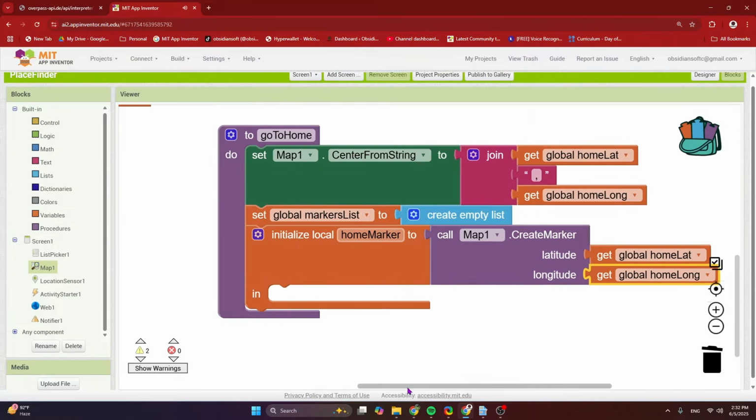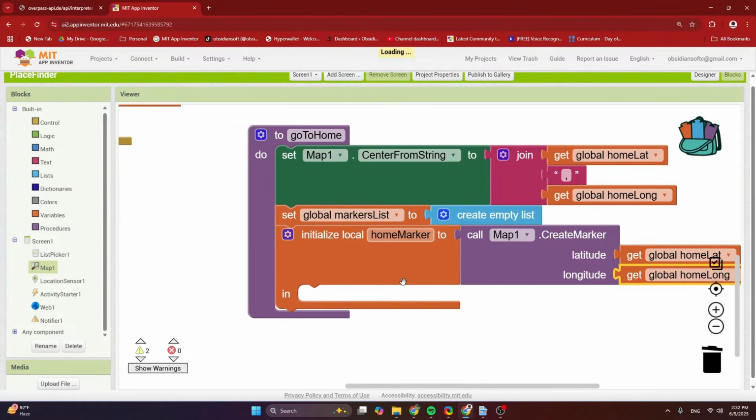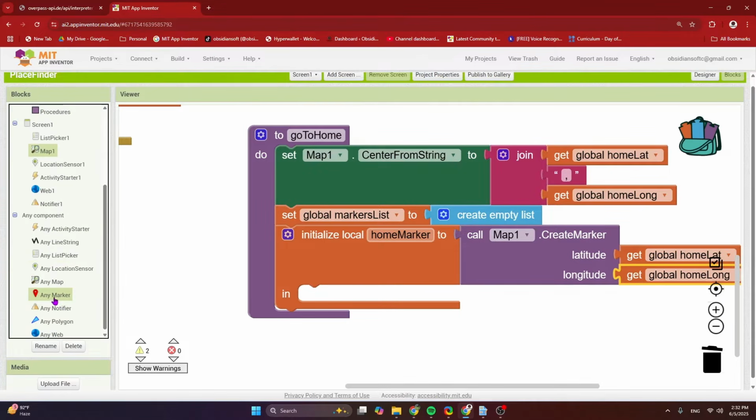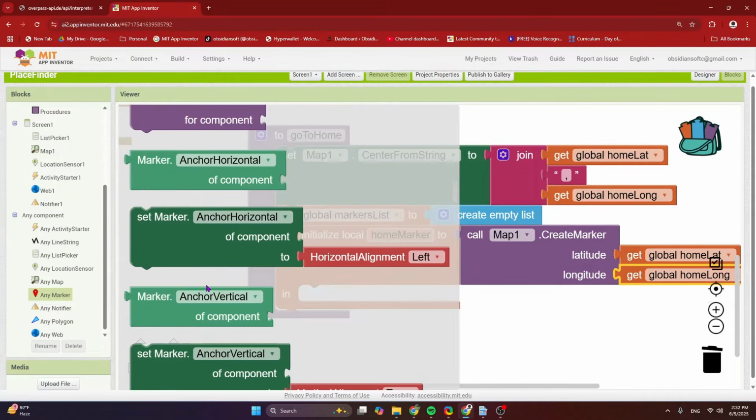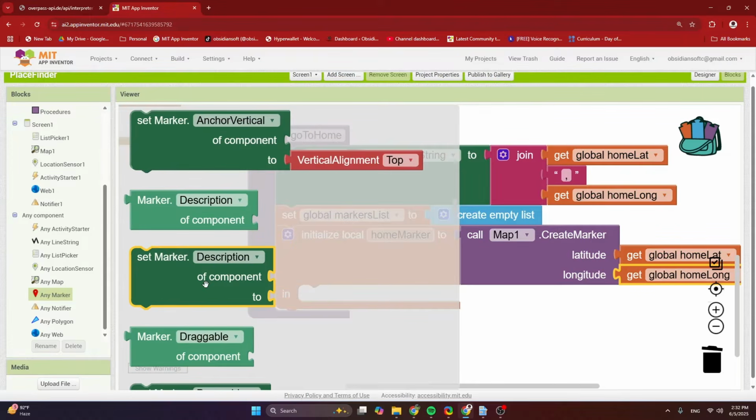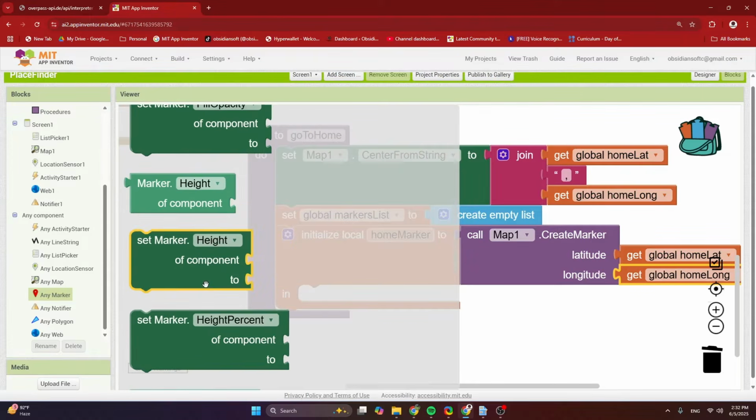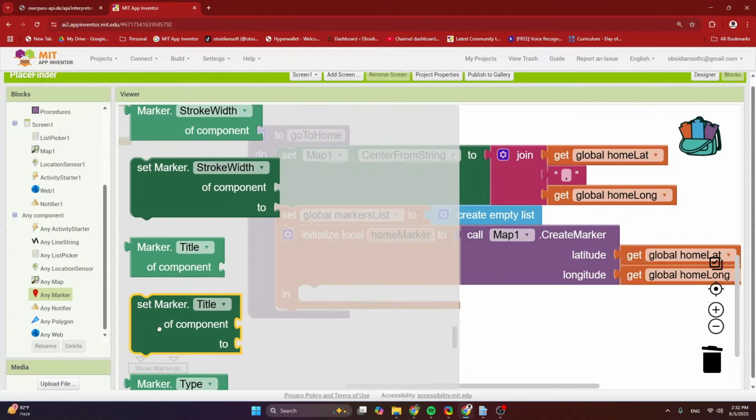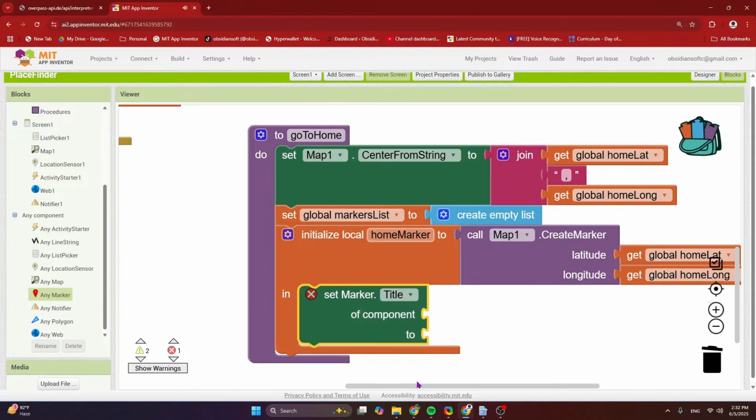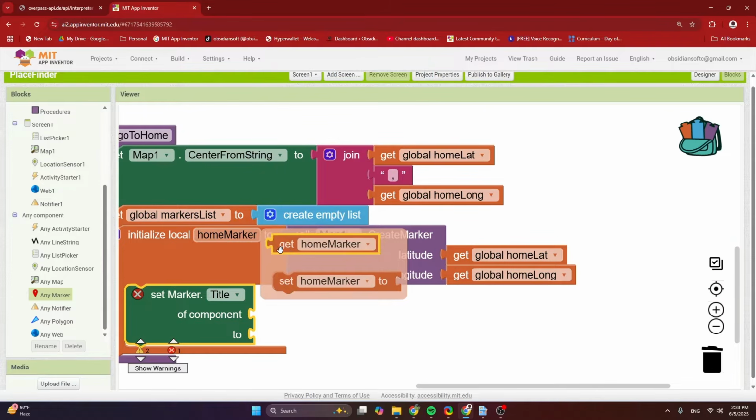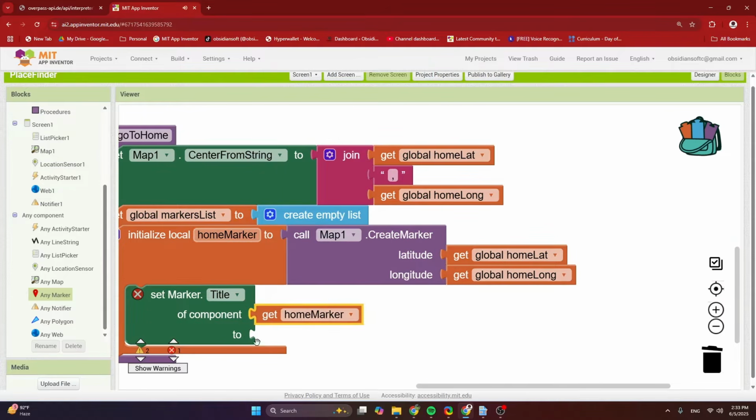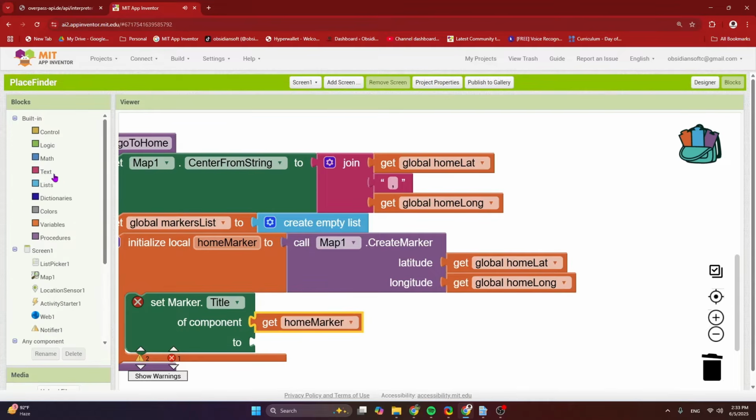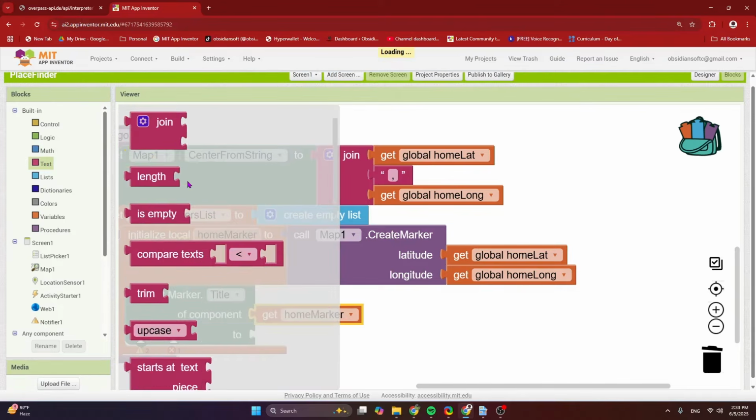Okay, then I am going to set the properties of my home marker, and for this I'm going to use the amazing any component block, because using this I just need to provide it the home marker and it will set its properties. Okay, so any marker, and if I go down, I have this set marker title block. Hover over the home marker to get the getter for it, and I'm going to set the title to a text block